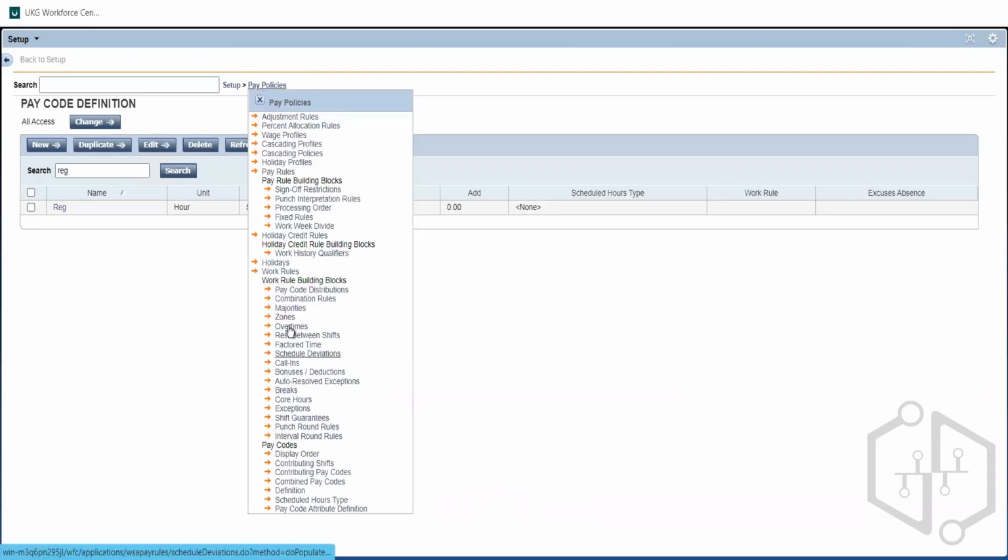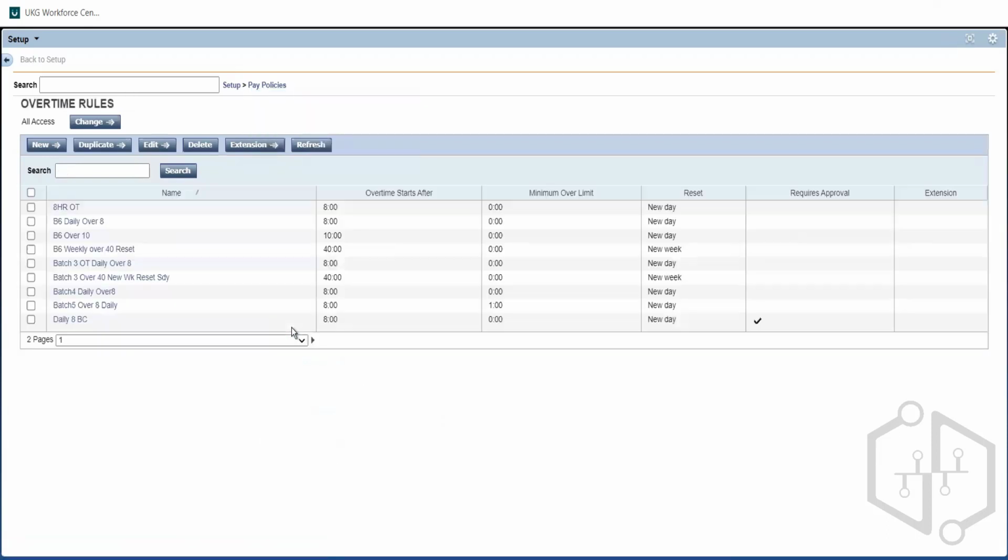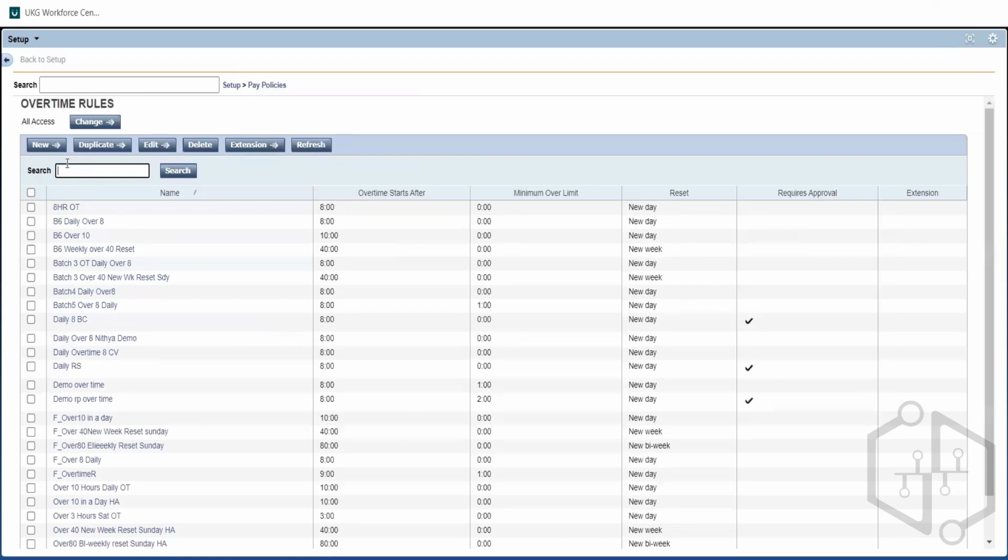To create an overtime, when an employee works more than 6 hours, first we need to create an overtime. Here we have created an overtime pay code. So to trigger that overtime, we need to create overtimes under work rule building blocks. We are going through all these items today. First, we are going through overtimes. I'm going to create an overtime stating